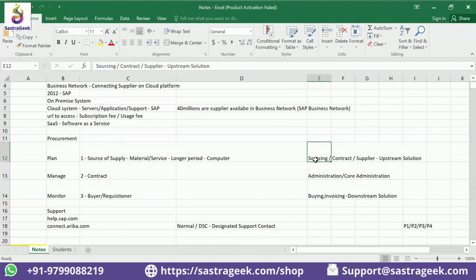What are the activities in the sourcing module? In simple terms, you're going to find out the price from your supplier. In the contract module, you're going to establish a contract with your supplier so that you're agreeing on terms, and also you're going to make this contract available in your downstream so the buyer can choose this contract item and proceed with placing an order. And the third item is the supplier module, where